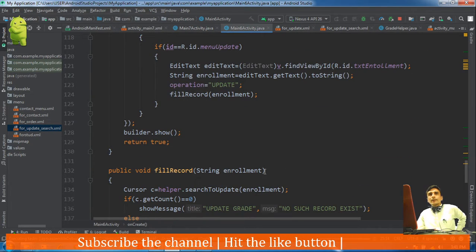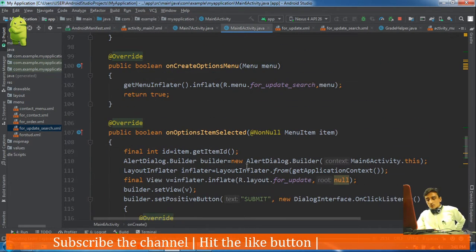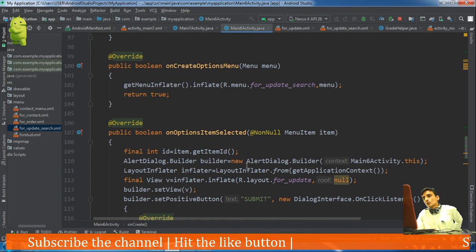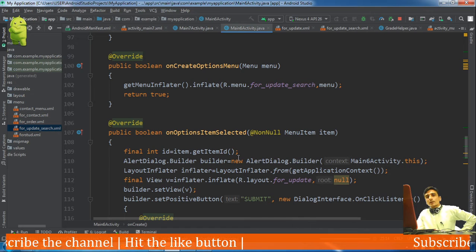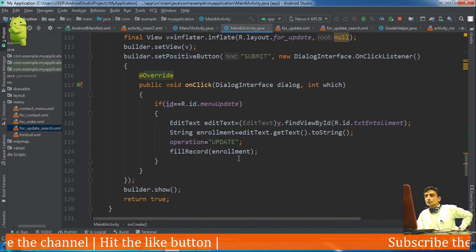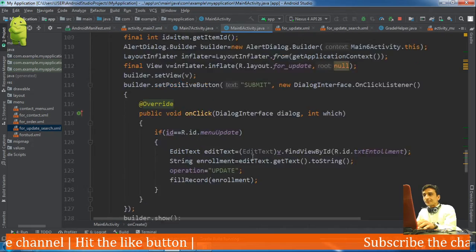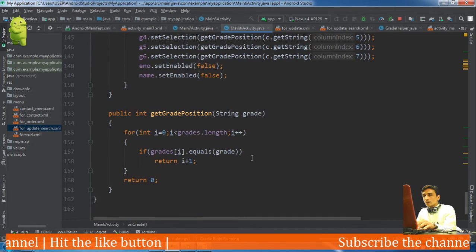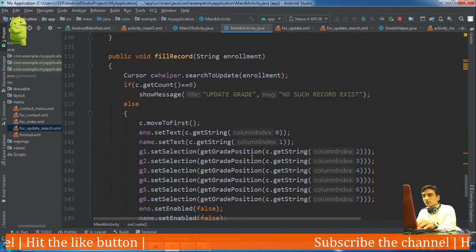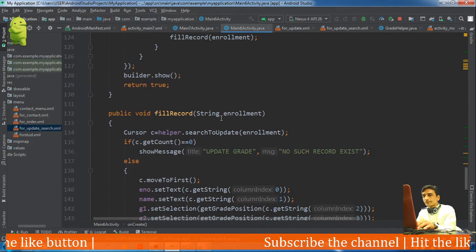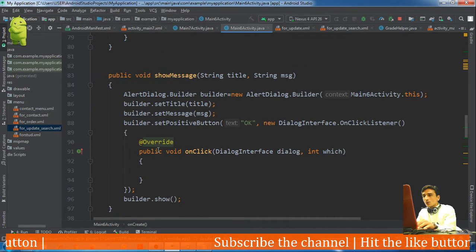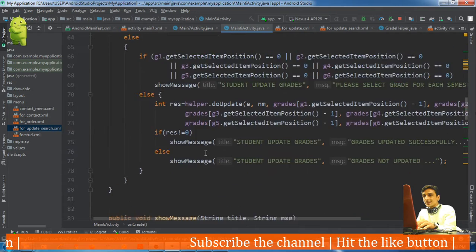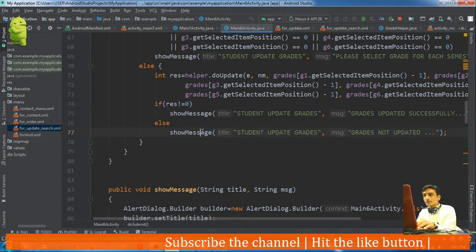We should also do one thing. Once the record is successfully updated, we should clear all the edit views. Okay, and we will again set the insert as our operation. So here, on click of the submit, yes, in the else part.